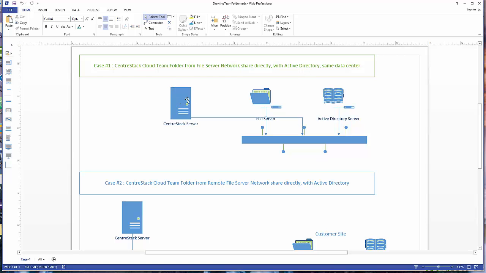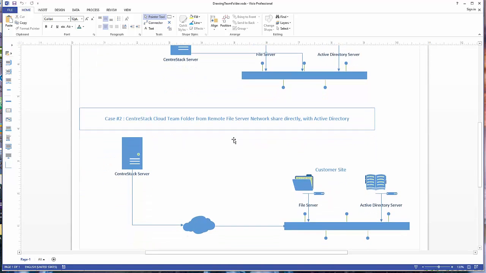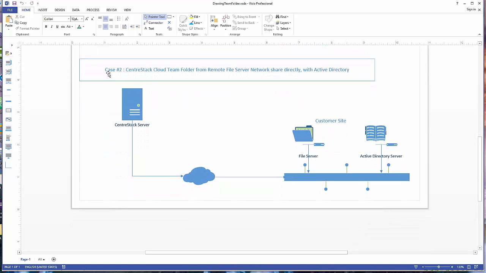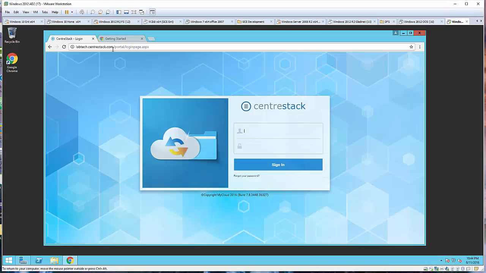As team folders imply, it's a folder, a workspace for multiple users to collaborate together. There are two different configurations. Today, we are going to be focusing on when the file server and Active Directory is away from the CentreStack